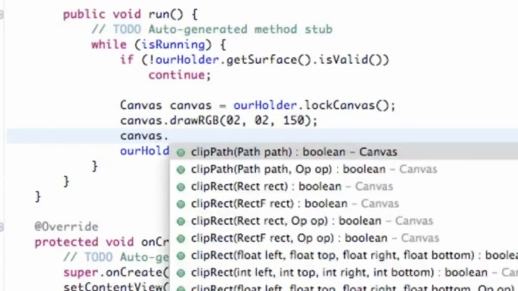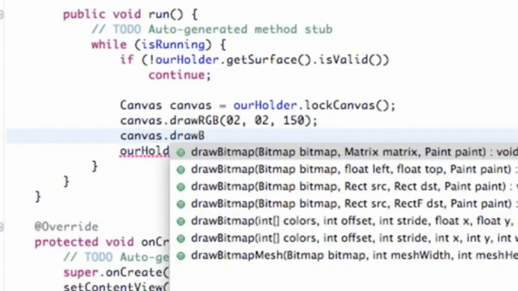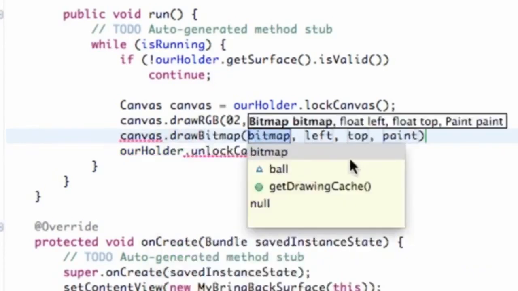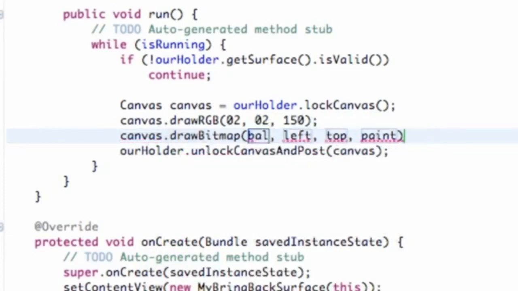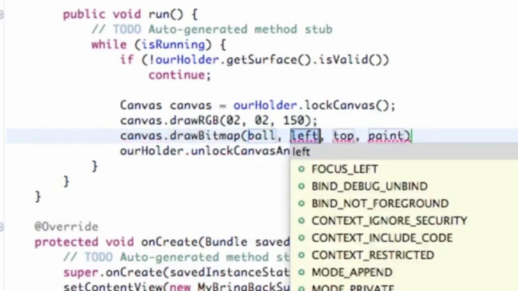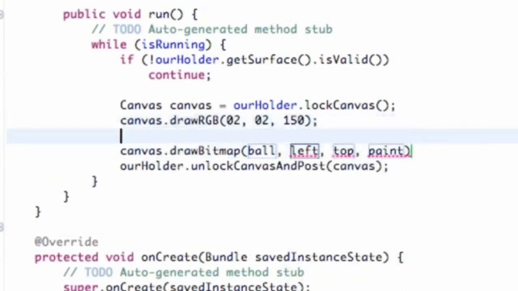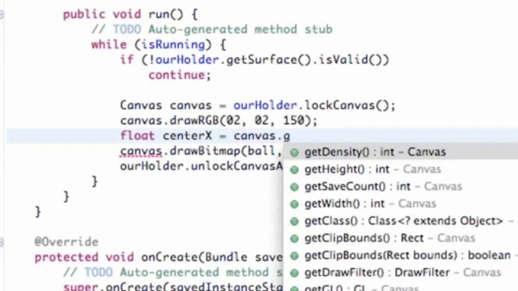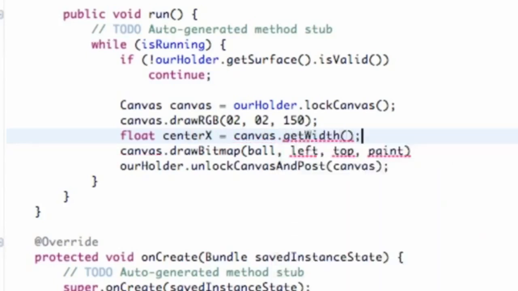So again, this is kind of a quick review of drawing stuff. So again, we're just going to say canvas, draw bitmap, and then we have our parameters. What we're going to draw is our ball that we set up, and the left value, we're going to start everything in the center of the screen. So what we can do is we can say float center X is equal to, again, our canvas dot get width divided by 2,